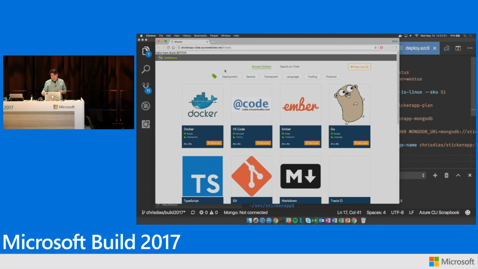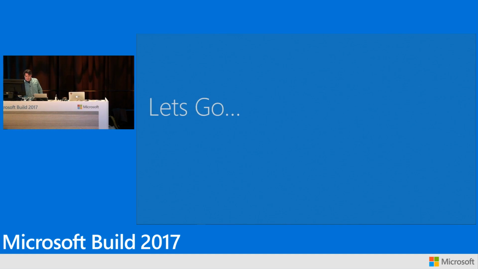We're not done. All right, so we got the data in the cloud. We've got our app in the cloud, or container in the cloud. Same image we're running locally. Let's just say this isn't enough. And most people would be happy with this. But let's just say that I think that the sticker app is going to be huge. And I want to have multiple instances of this. And maybe I've got other containers that I want to run up in the cloud that are part of my system. And to do that, what we need is something called